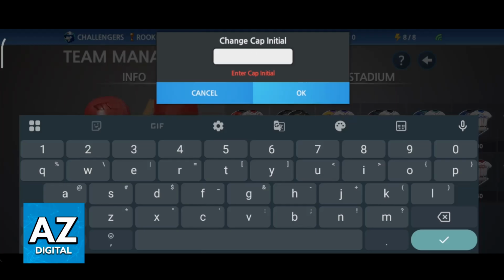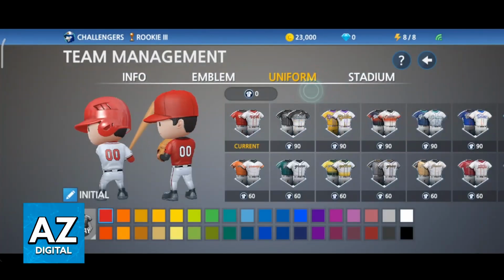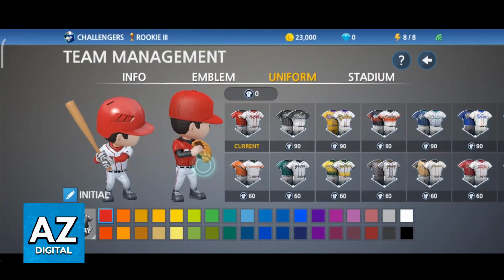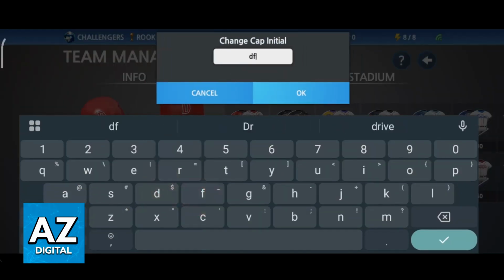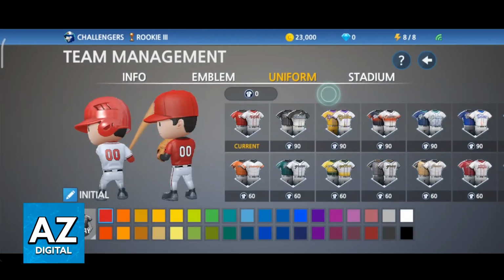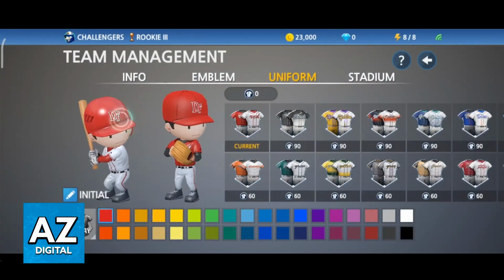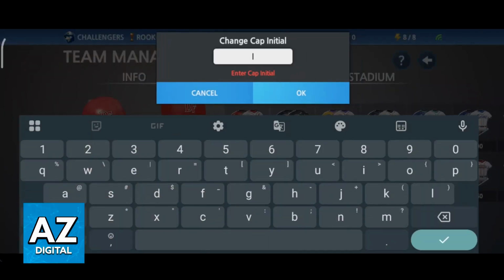So you can enter anything that you'd like. I'm just going to type a random letter here as an example, and you will be able to have it set up. So it is extremely simple to do. You can type them here. So you will need to enter 2 letters from A to Z, and the changes will be displayed immediately. So you can clearly see them there.